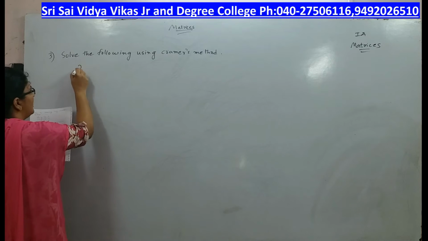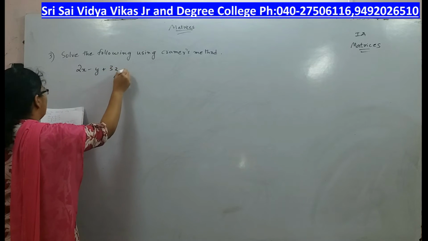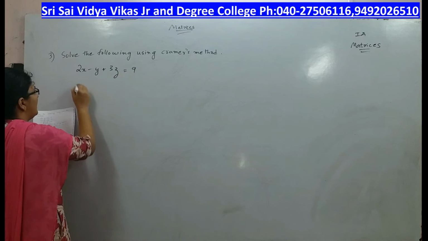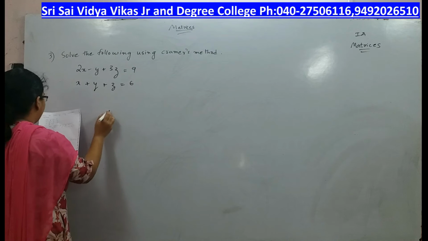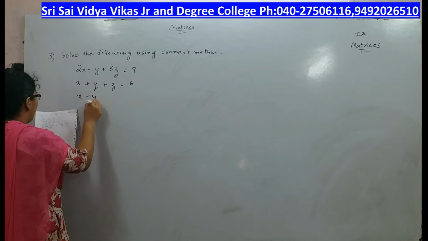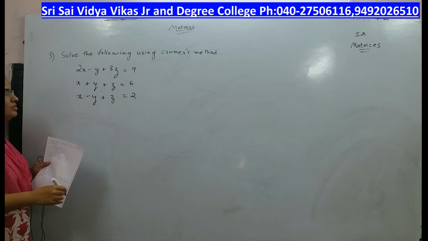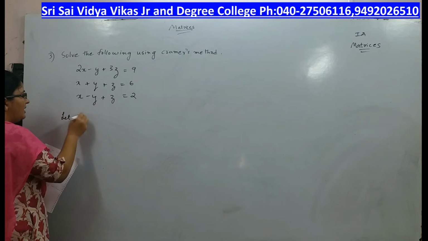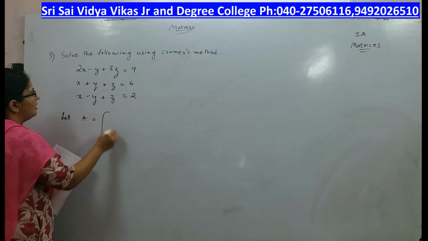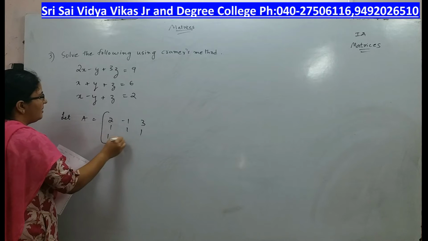Solve the following using Cramer's method, that is 2x minus y plus 3z is equal to 9, x plus y plus z is equal to 6, x minus y plus z is equal to 2. This you have to solve using Cramer's method. Let A is equal to 2 minus 1 3, 1 1 1, 1 minus 1 1